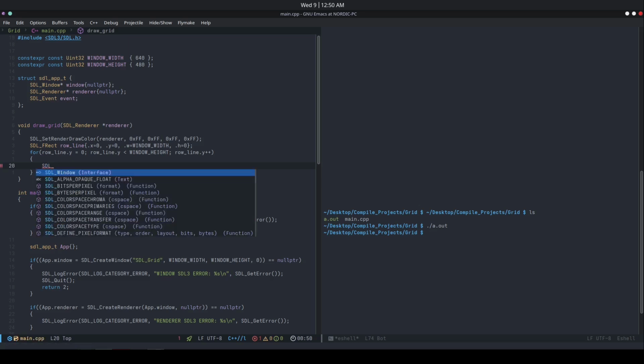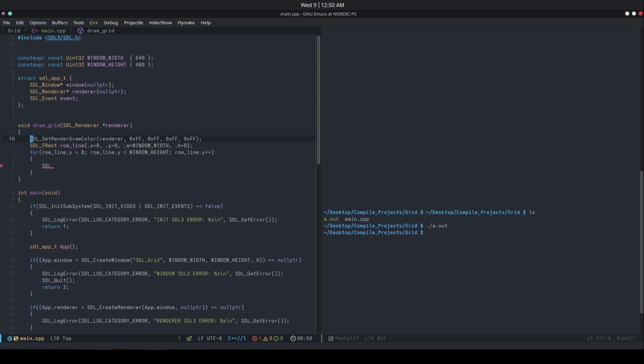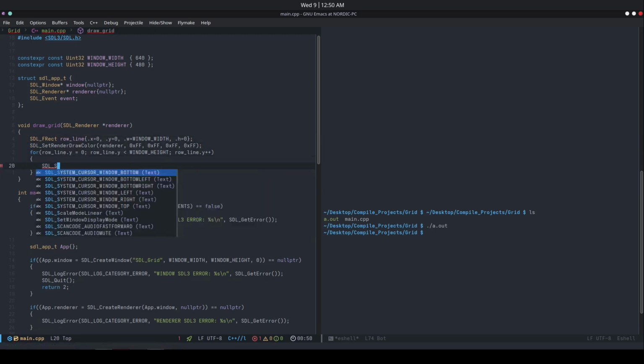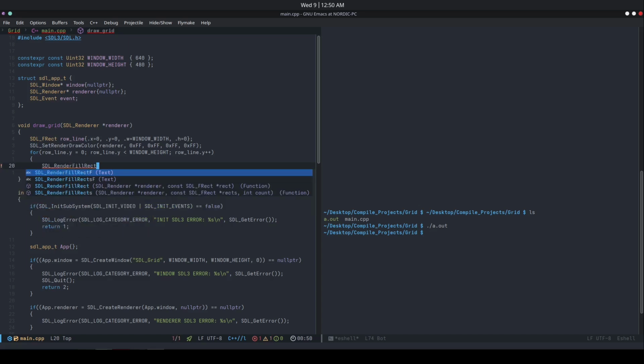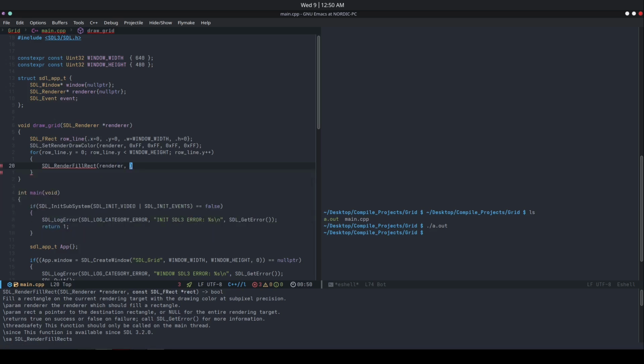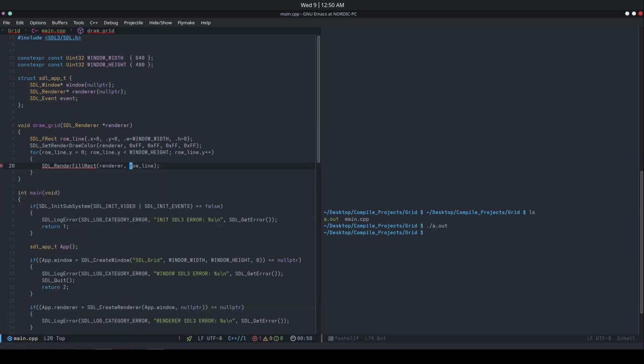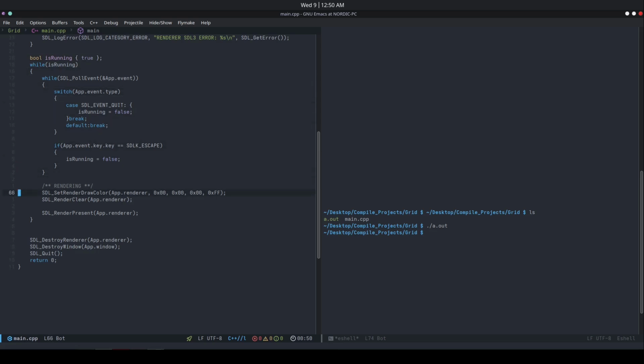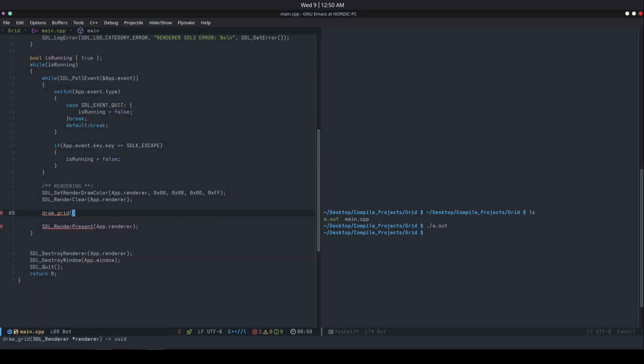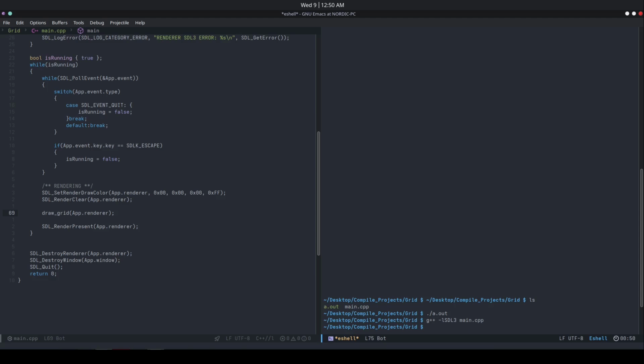So there's going to be, put this here. So this is just render fill rect, and we're going to have the renderer and the row line here. I'm going to pass a reference because again we don't want to make a copy. And then we're going to have draw grid here, app renderer, and you'll see an issue with this. So if we run it,